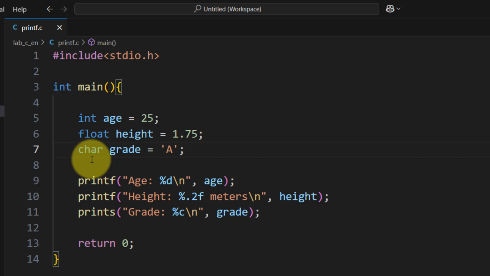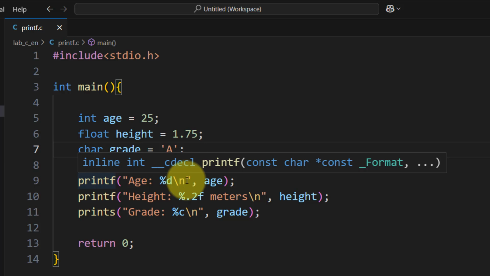This variable grade can hold characters. We write the characters inside single quotation marks. So this variable is initialized with this